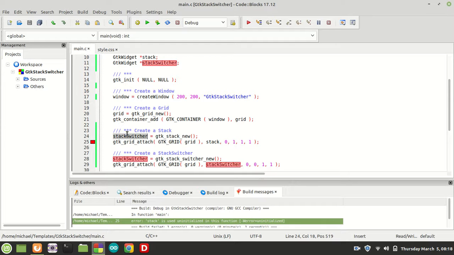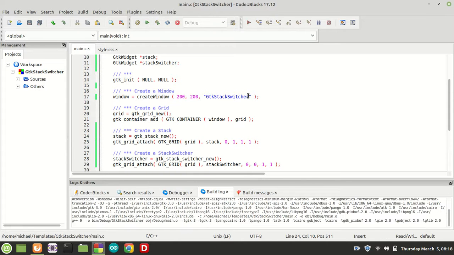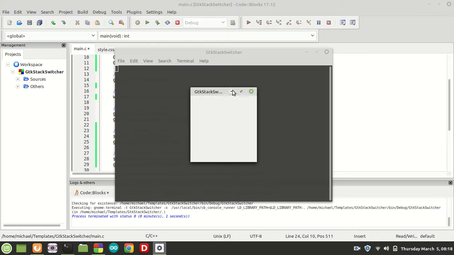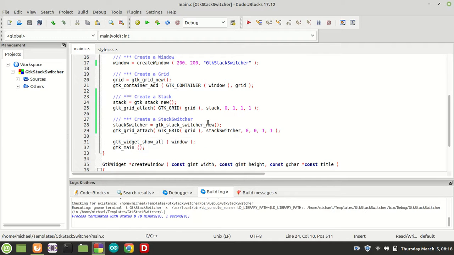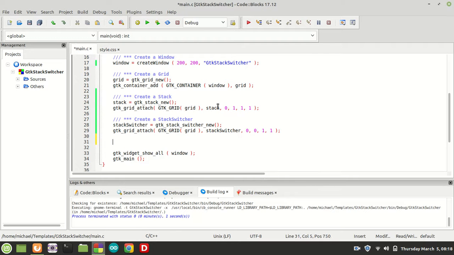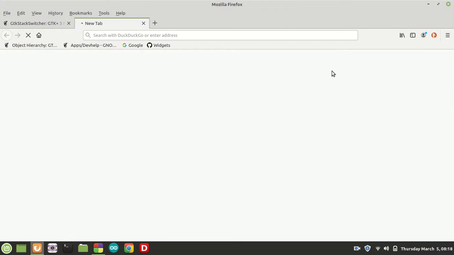Okay, we have the same name, stack, which is wrong. And now let us check what's the story with the stack and stack switcher. As you can see, we still have nothing. Of course we have nothing because we didn't create something to have with. For this, let us go back to our GTK stack